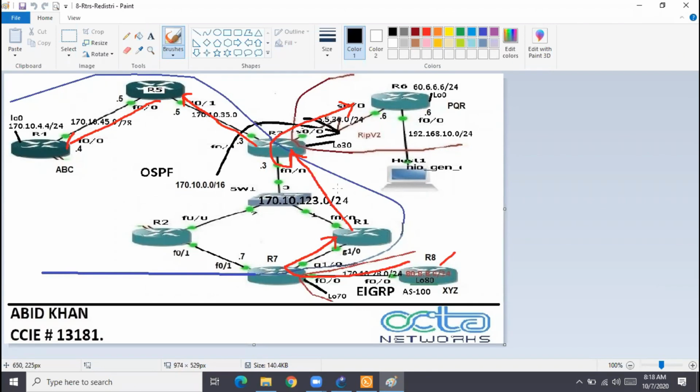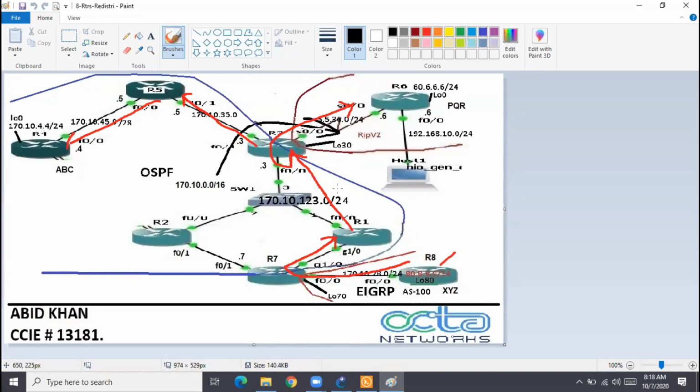Now tell me, when we say cost, it's like some kind of charge. For R1, the first router, the cost is 100. Then R3 also the cost is 100. R5 also cost is 100. And R4 also cost is 100. That doesn't make sense. This is called an unrealistic cost.